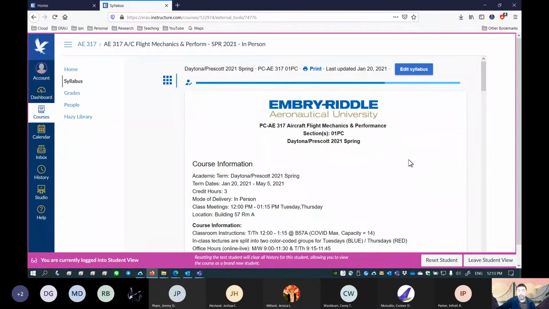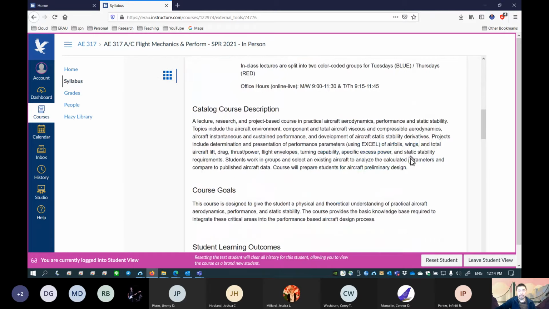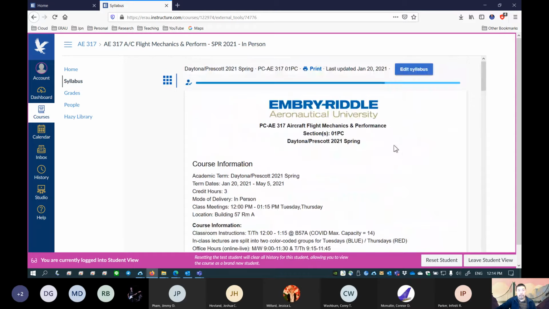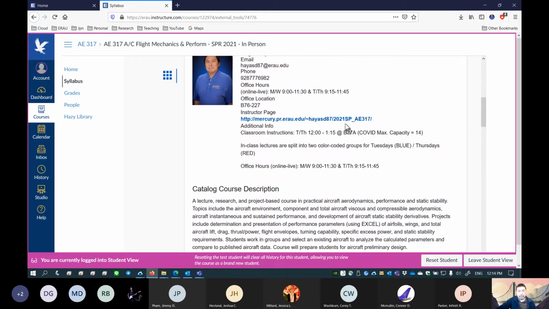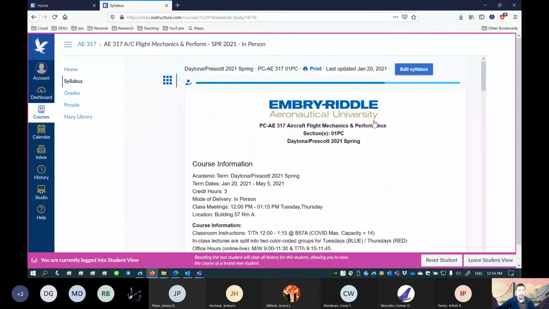Of course, this is required from the school administration. I'm using Simple Syllabus, but I keep the syllabus super simple. I do not put any relevant information which you want to know. This is just a syllabus, basic information, that's it. The only important information out of this is most likely here: the link to my course homepage. Everything else is blah, blah, blah. So you can go ahead and look through it.